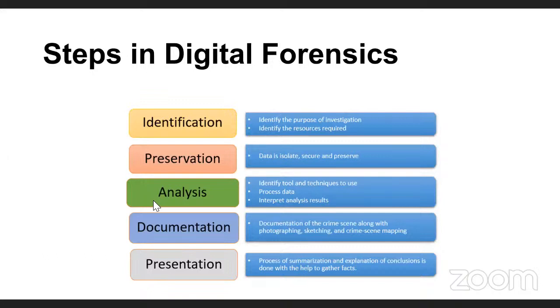The digital forensics process in cybersecurity consists of various steps. The first is identification, then preservation, analysis, documentation, and presentation. First, identification. The initial phase involves identifying evidence associated with digital crimes across various components: storage media, hardware, operating systems, networks, and applications. This step holds utmost significance as it serves as the foundation of the entire investigation process. Its primary objective is to ascertain the origins of digital evidence that can be effectively employed to probe the incident, for example, network logs, system logs, and various other artifacts.